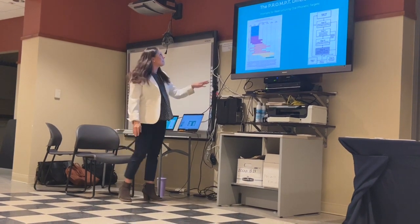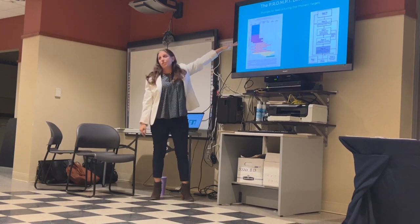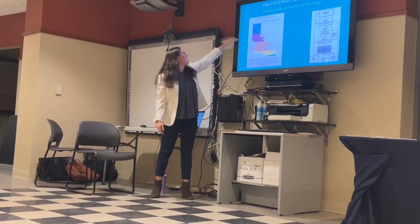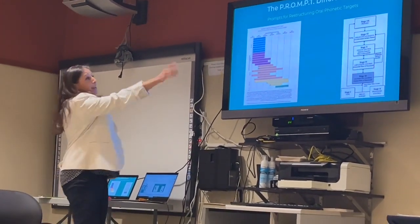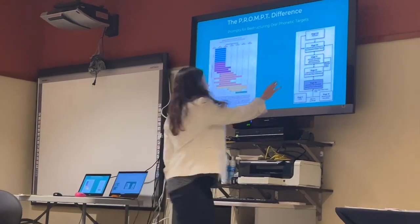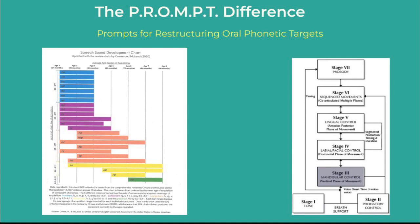So if you can't see, it's individual sounds, every single phonetic sound, 26 of them, and then the ages that they should be acquired. On the right side is the PROMPT motor speech hierarchy. Let me just point out a couple of huge differences. What makes PROMPT different, and that's what I want to make sure you understand, is that on the left, the speech acquisition chart, it's really what all speech evaluations have been